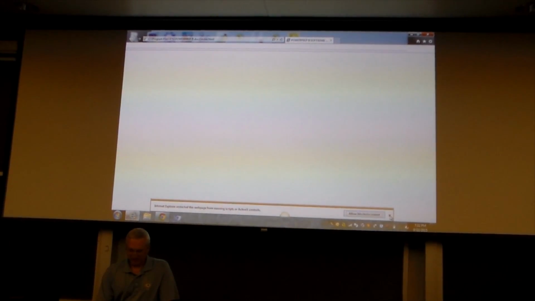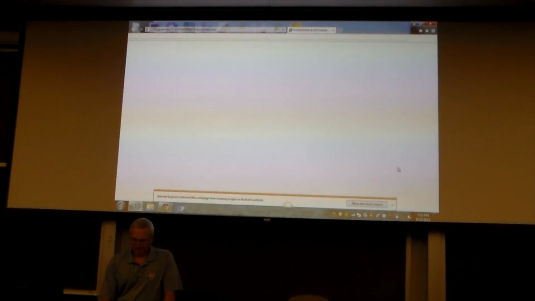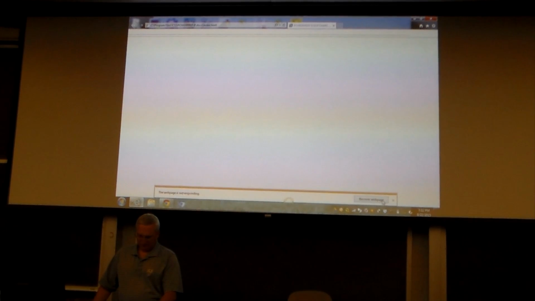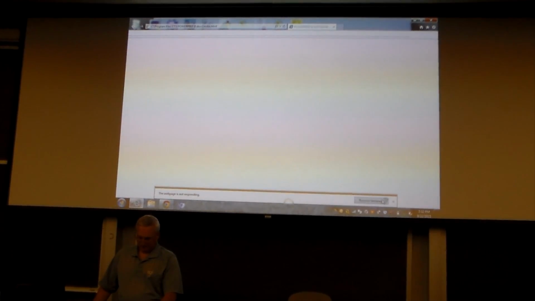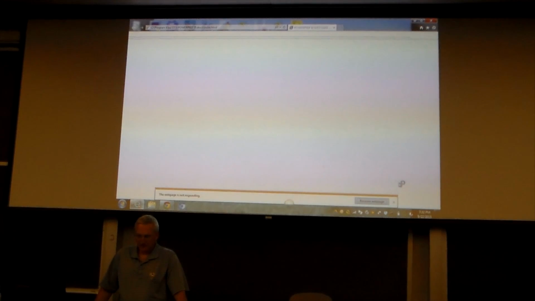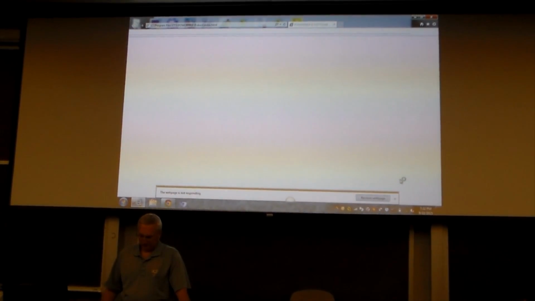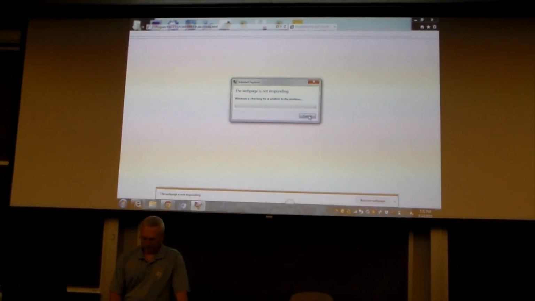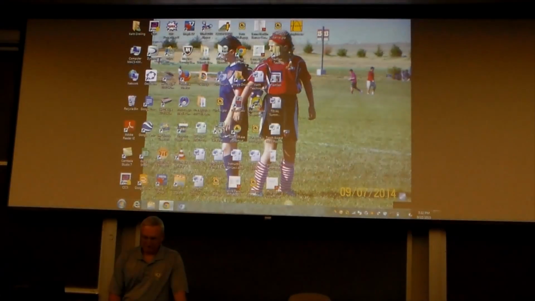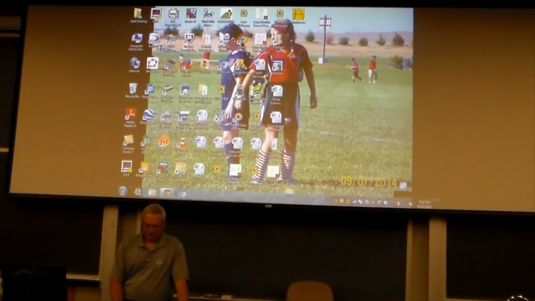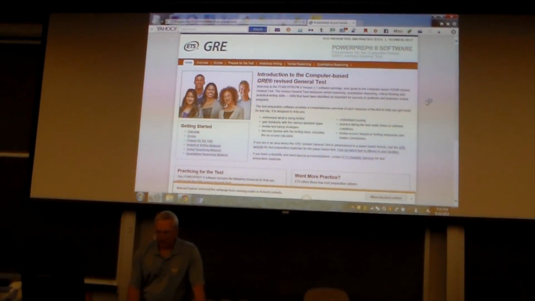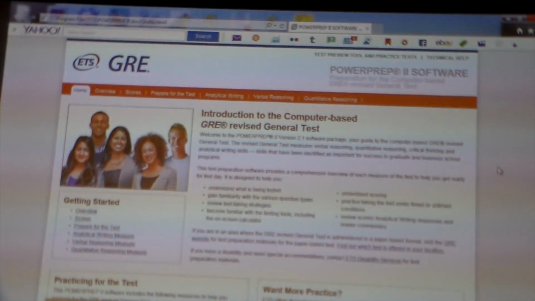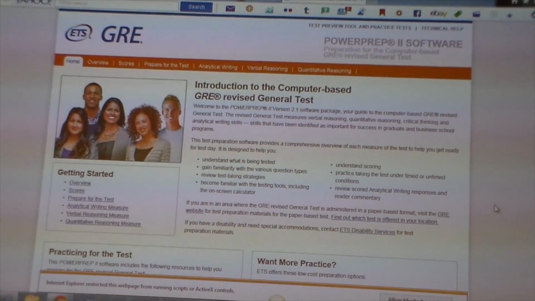It runs a bit slow on my machine. Let me try it again. Okay, it looks much like the ets.org webpage, but inside, what I'm looking for now